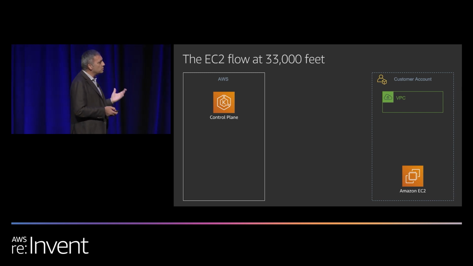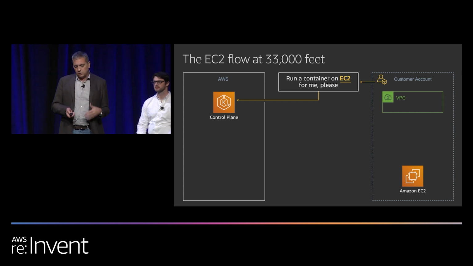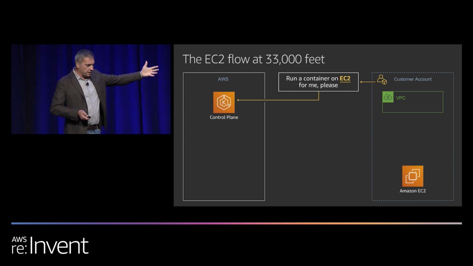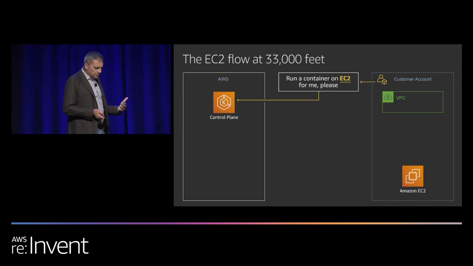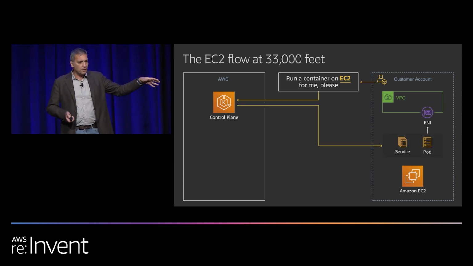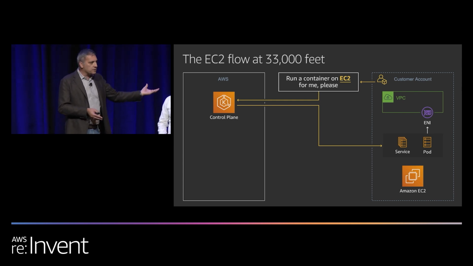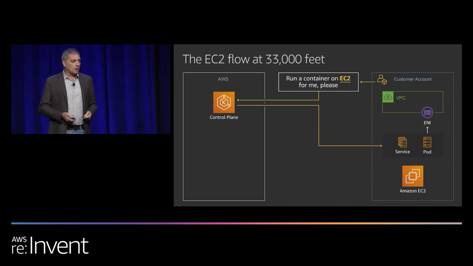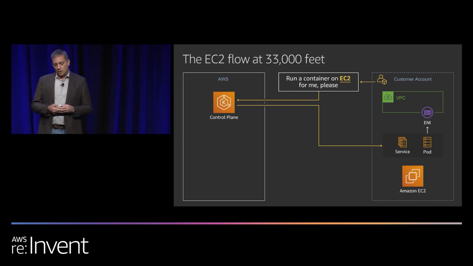So when a Kubernetes user asks the control plane to deploy a container on EC2, what happens is that that control plane, EKS in this case, is going to take that pod, the Kubernetes pod, and instantiate it on the EC2 instance that is running in your account, right? So there is an AWS managed account and your account. In your account, there is your VPC, there are your EC2 instances, and that pod is going to land on those EC2 instances. This is what you have been using so far on EKS.